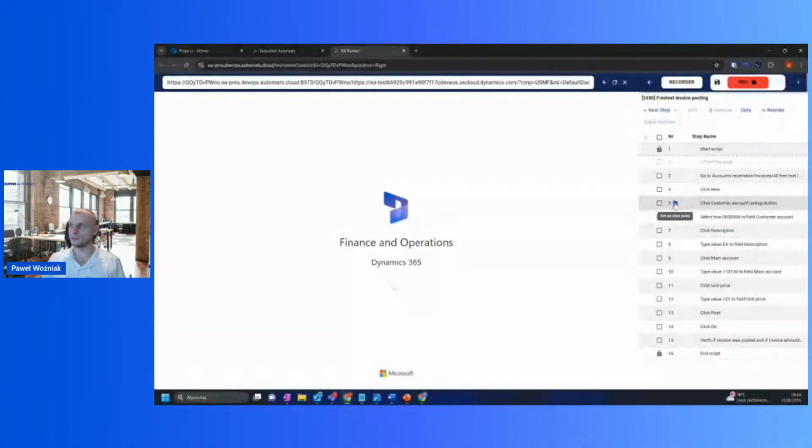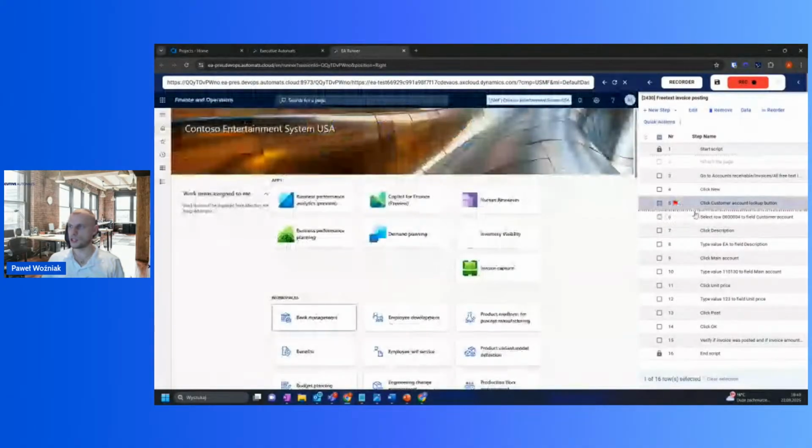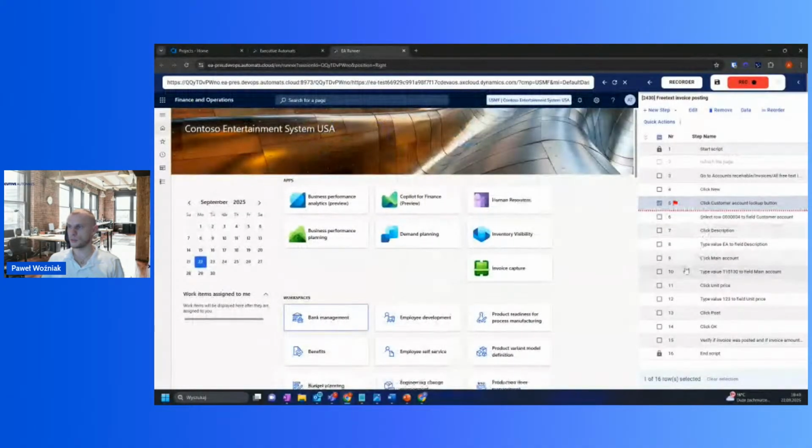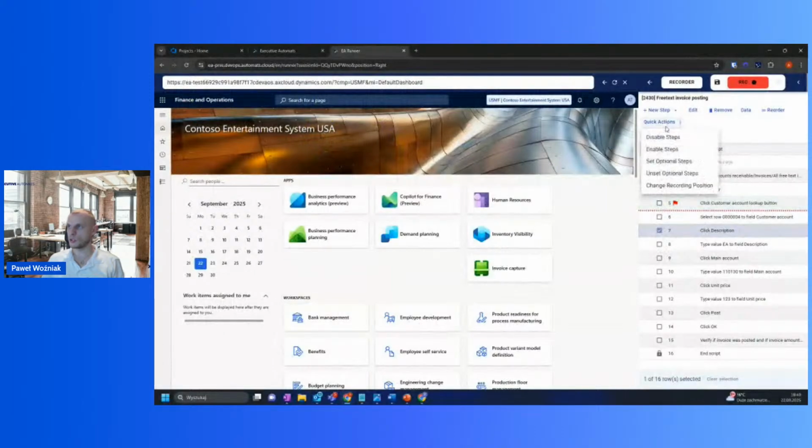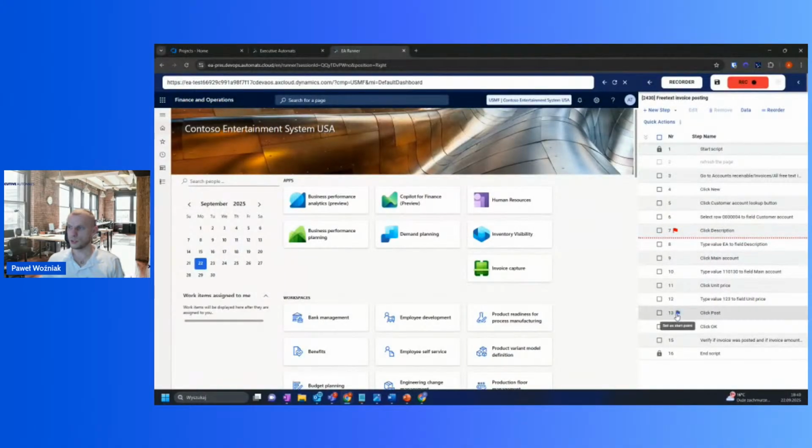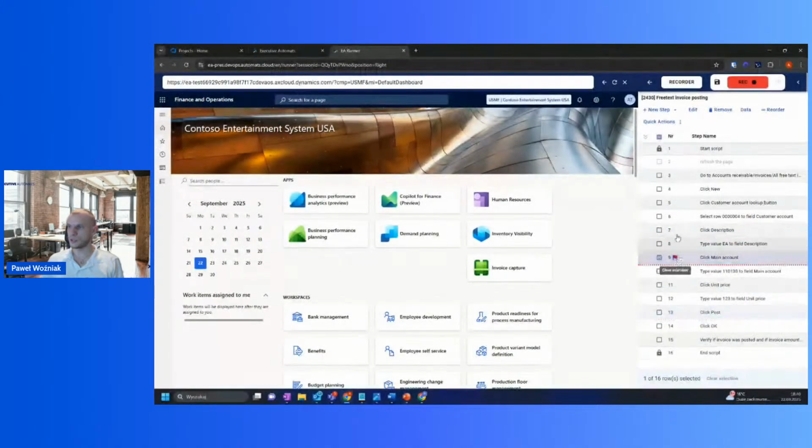quickly. So if I need to change where my new steps should be added, I don't need to click on the step, quick actions, and change recording position. Of course, this option is still there, but you don't need to use it. You can also use this red flag option to quickly change recording position for your steps. Very minor change,